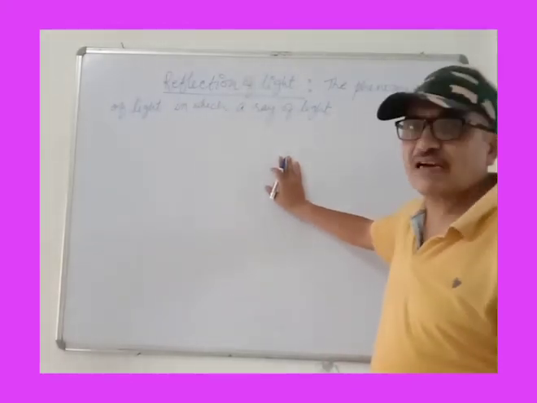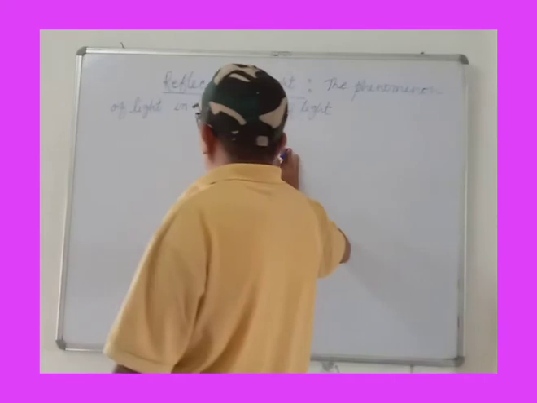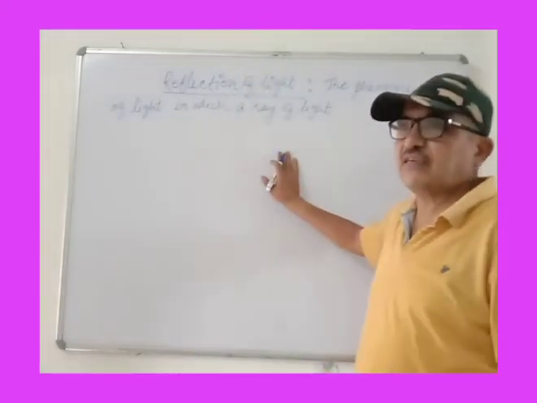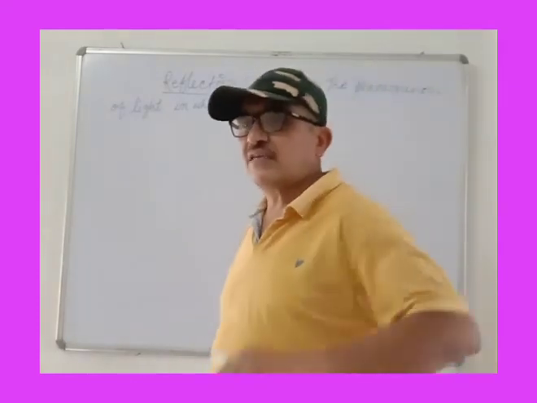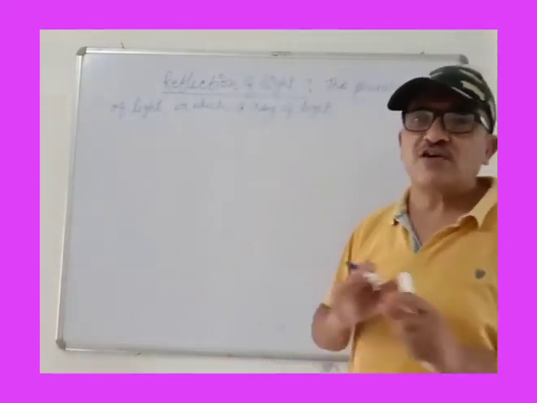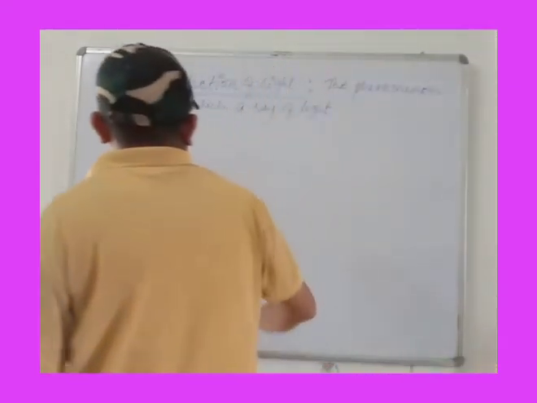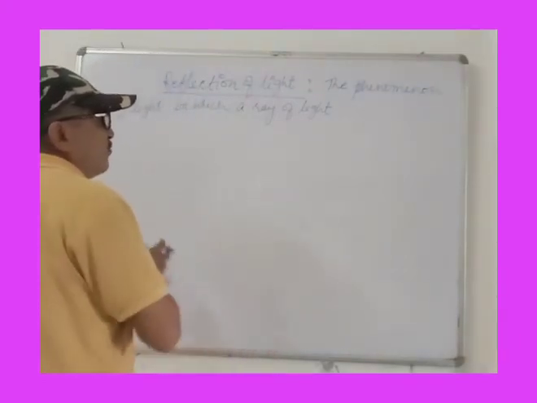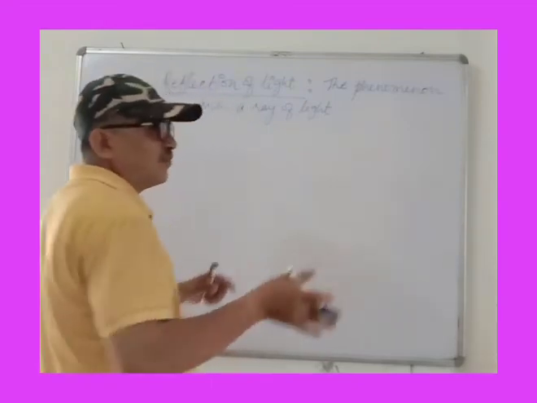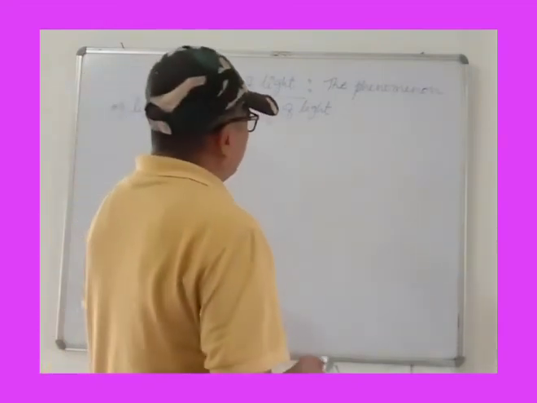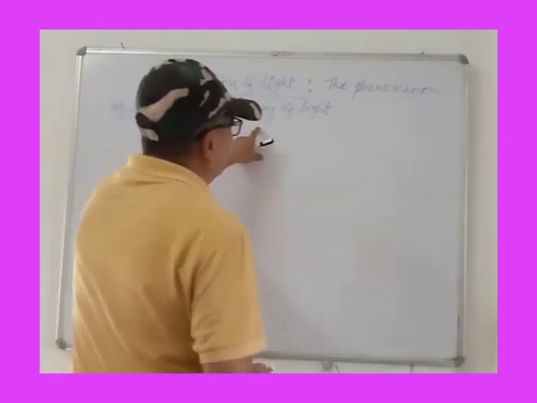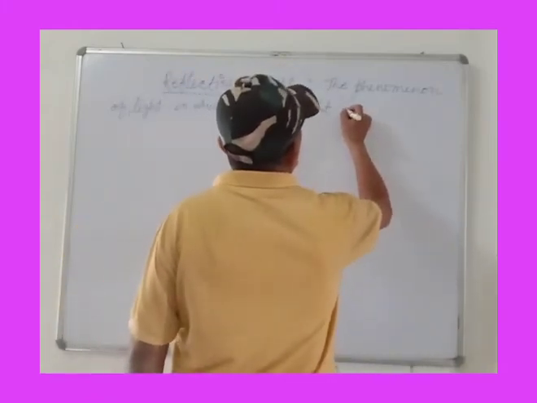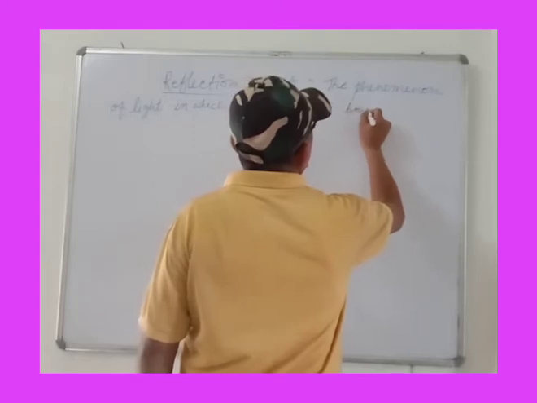Okay, proved by Maxwell. Electromagnetic wave, but when it travels from one place to another, then it has got a direction. And to show the direction, we draw a ray. In class 10 level, we will deal with ray of light. Maybe one ray or a number of rays. Okay, but we will deal with ray of light. So the phenomenon of light in which a ray of light bounces back